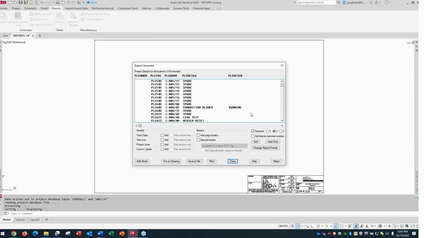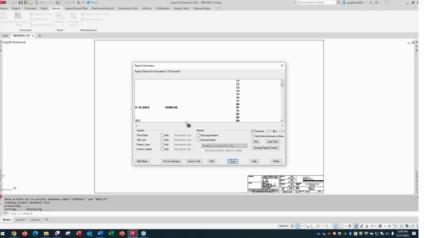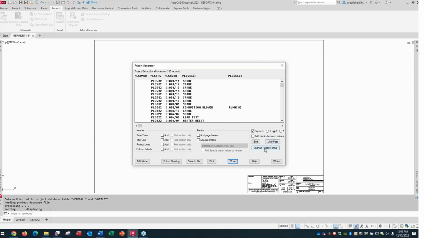To start with, this is one of the reasons why I like AutoCAD Electrical as far as the report capability is concerned: the ability to change the format. And when I say format, right now I'm showing a PLC wire number, a tag, an address, a couple of descriptions, terminal number. If I pick change report format in the lower right corner down here,